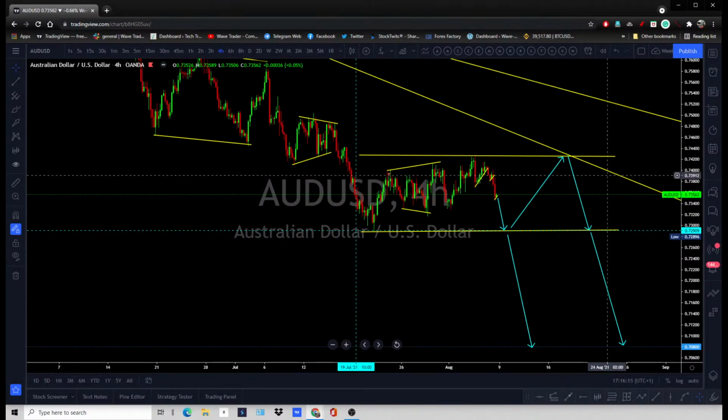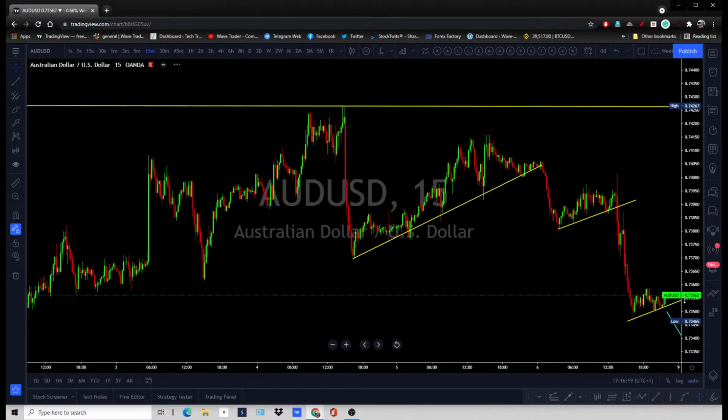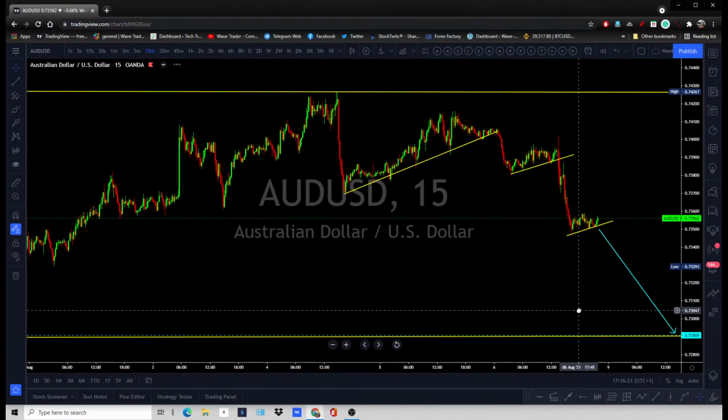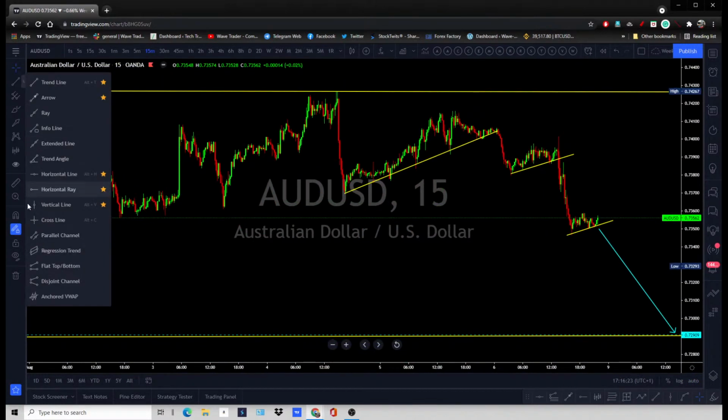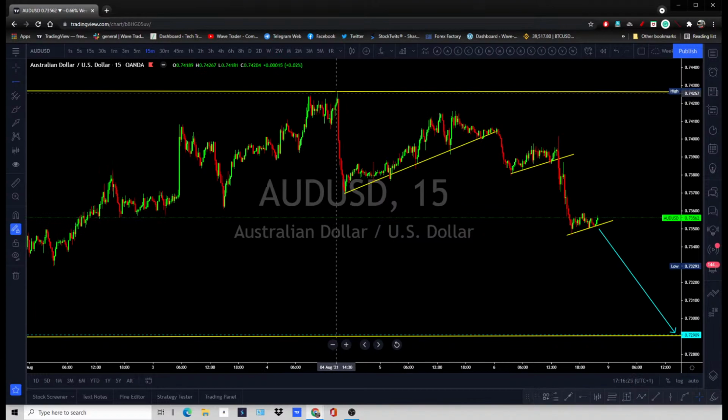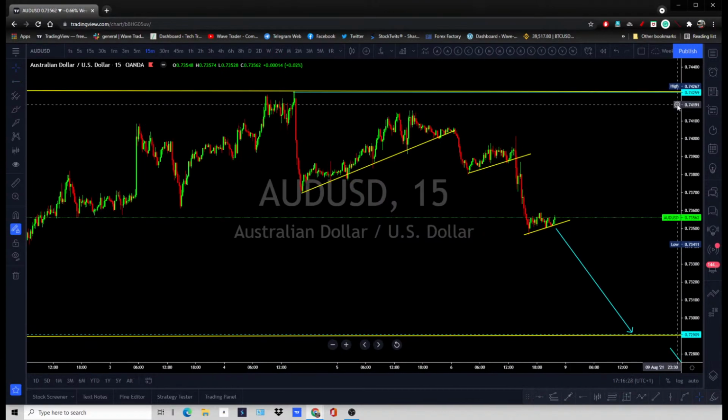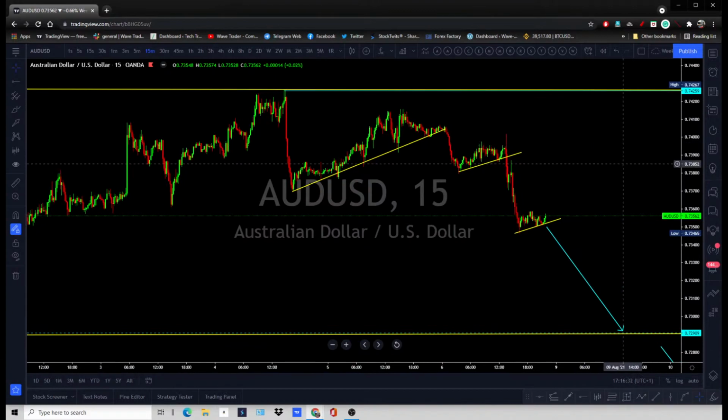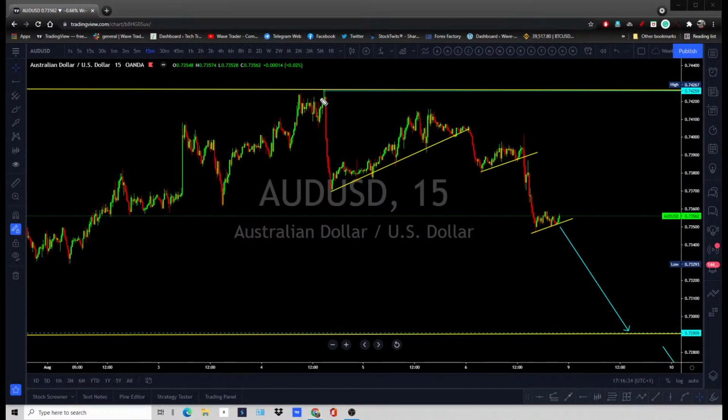All right, so in case price is not going to break down that 15-minute correction, as I said on the New Zealand dollar, US dollar, your top is there. Your price shouldn't go beyond that for a sell setup. Or in simple words, if you're going to use a stop loss, you're trying to get into the market as close as possible to this top, and stop loss just behind that.